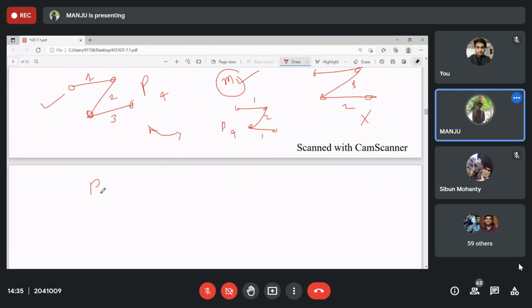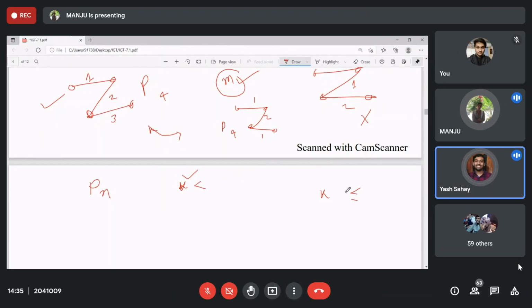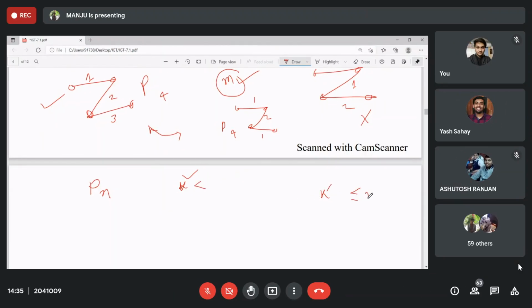Similarly, for Pn, how many colors can you use to color the edges of this graph? Maximum. Proper K coloring exists: proper K vertex coloring, proper K edge coloring. Yeah, tell me. Maximum is n minus 1. Minimum is 2. 2 or 1. If n is at least 3, then 2. Right? If n is at least 2, then 1. Right? It starts with 1 for this one.